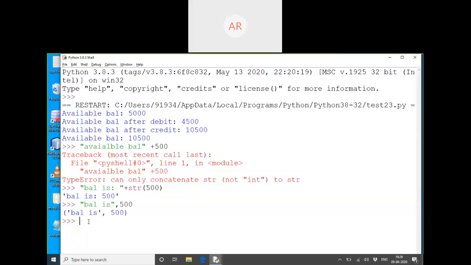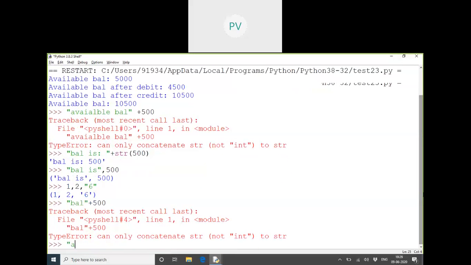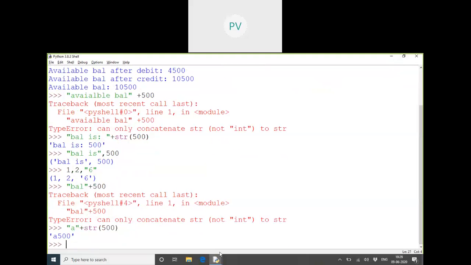Tuple. Whenever you put multiple pieces of information, it will become a tuple of values. If I want just a message, this is some message, so a message should be a complete continuous string. That means if I want a message combining integer variables and a string variable, then we have to convert whatever is non-string into a string format.